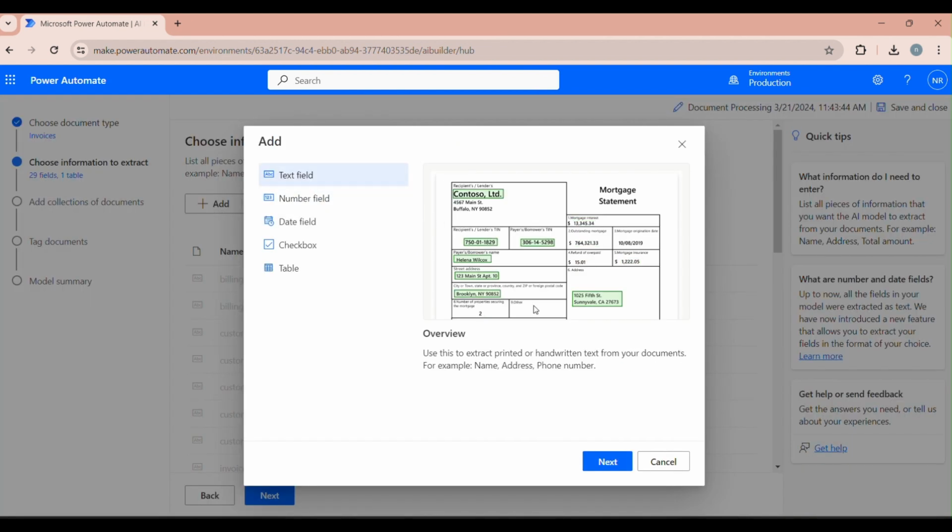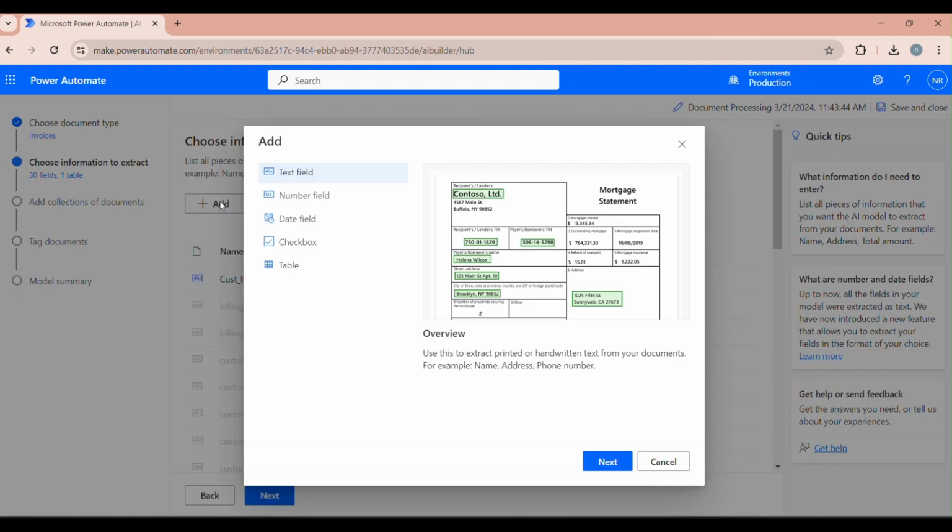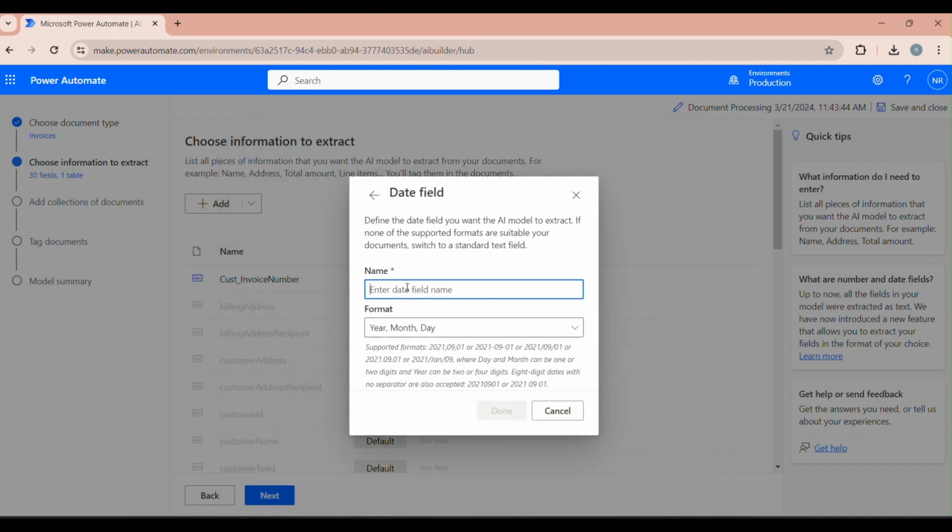Let's say that our invoice is a text field. Let's give it the name invoice number, and let's call it custom invoice number. Okay, done. And then we can have a date field, right? So we also have a date,